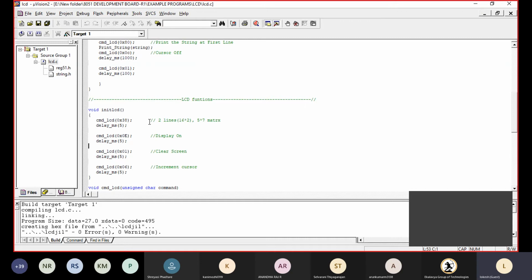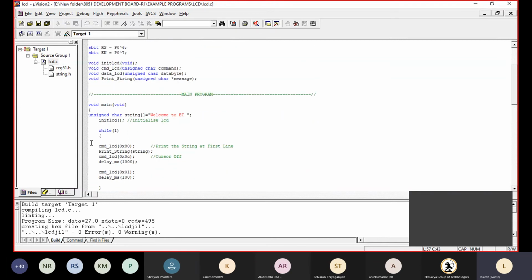Next, CMD LCD 0x0e is one command, by which the LCD display is turned on. Next, it tells about clear screen and increment cursor, so the cursor will move to the next position, and the next, like that. These together are the init LCD, the initialization of the LCD. Next, you can see here.